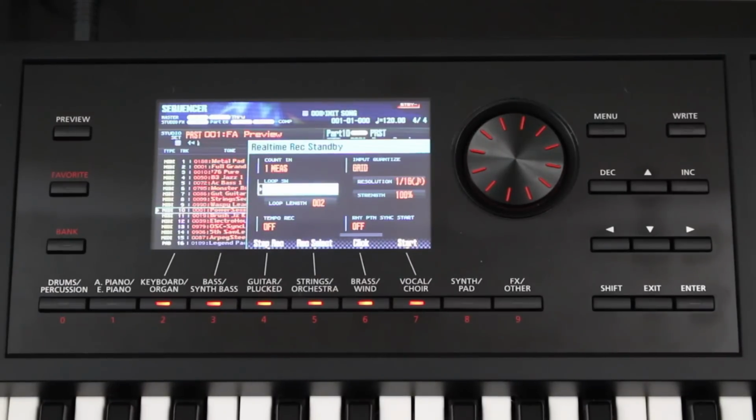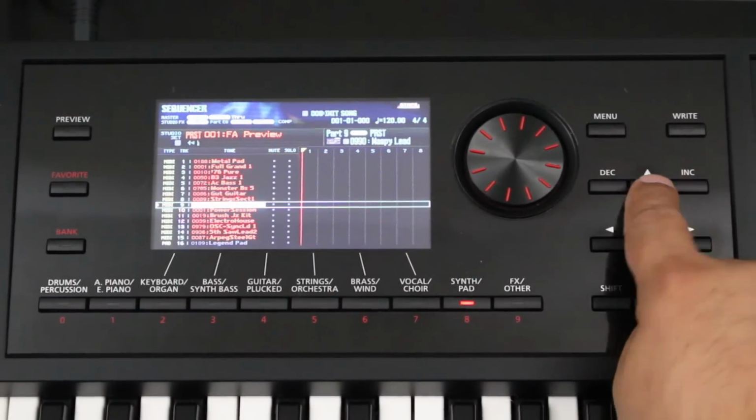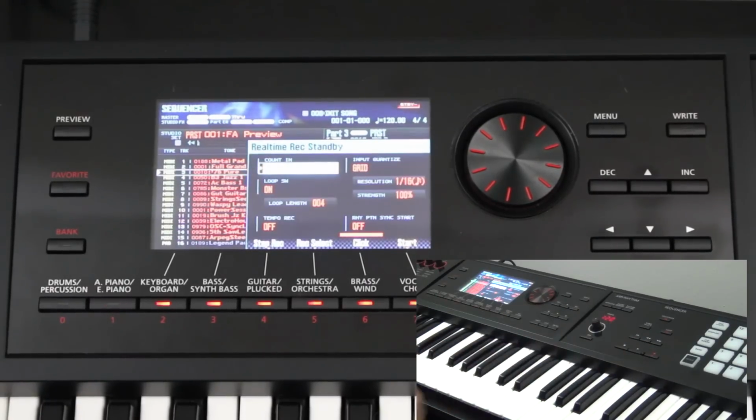So let's take a look at the parameters that I have set. Count in is 1 measure count in. My quantization is at grid, and I have it to 16th note resolution. I have my loop on for 2 measures. So let me just go ahead and exit now, and I'm going to probably start with my 76 pure. So press record,